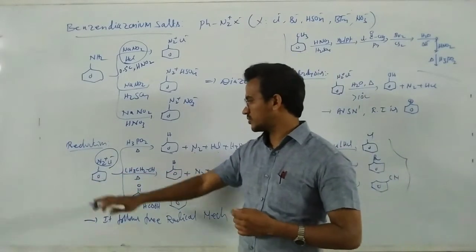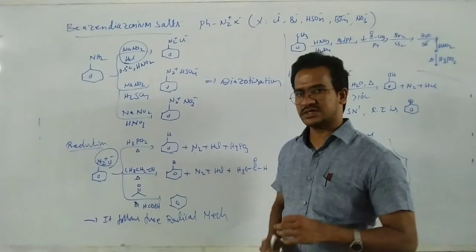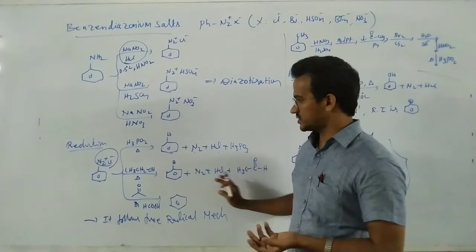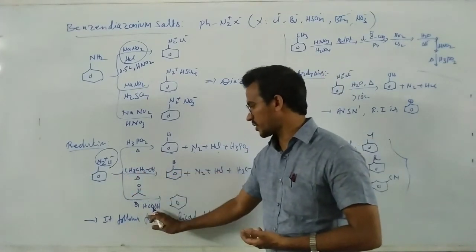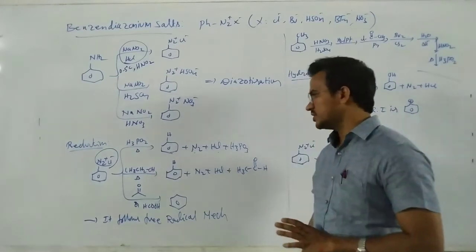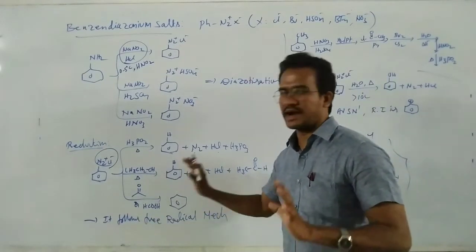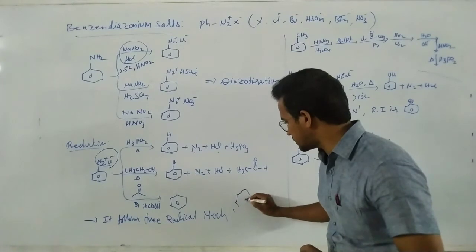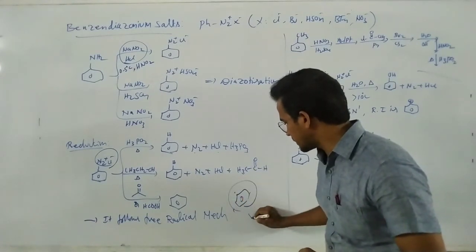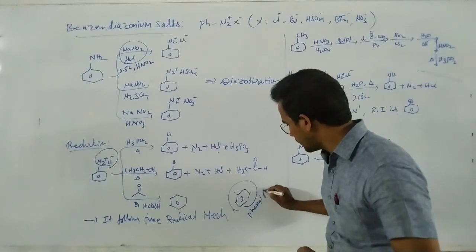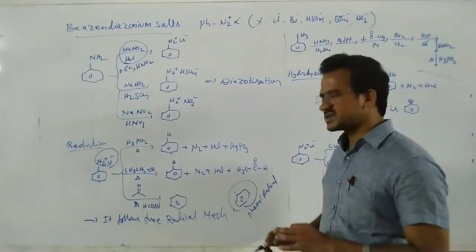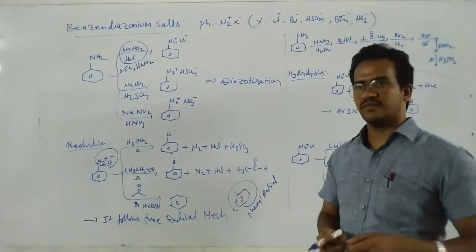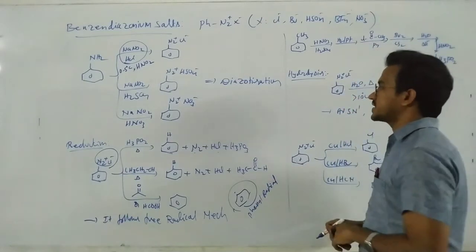And next, this benzene diazonium chloride on heating with ethyl alcohol, just ethyl alcohol, is also converted to benzene. The ethyl alcohol is oxidized to aldehyde. Of course, this benzene diazonium salt on heating with acetone or formic acid, we get benzene. Actually here, this reaction follows a radical mechanism. What is the intermediate in this reaction? Phenyl radical. Just remember that point. Mechanism is not necessary. Just in this reaction, phenyl radical is involved. That is a reduction.